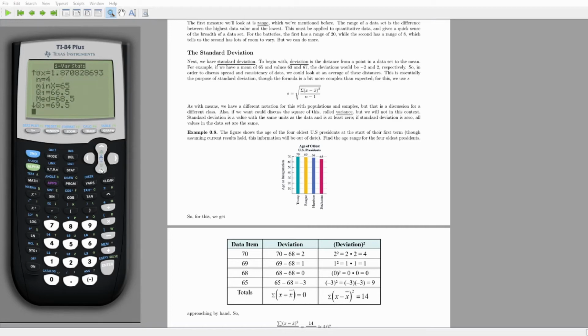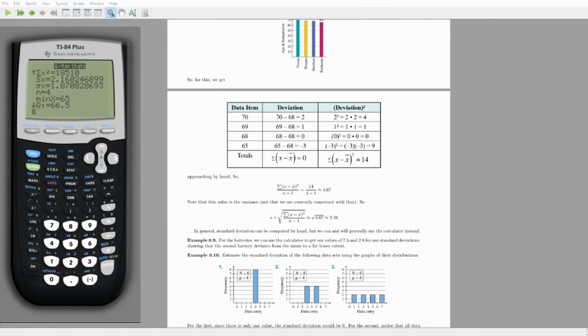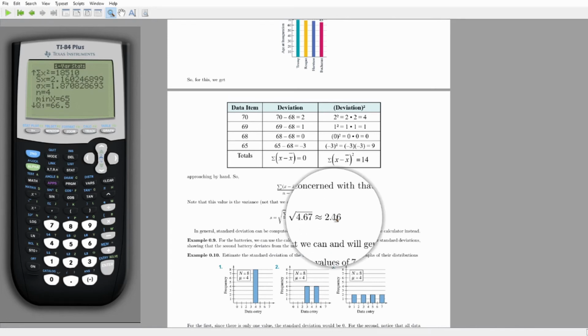If we scroll down, we get something called a 5-number summary down here. Don't worry about what that is for this class, but you can see that we get the median at the very least. Big thing we need is that value Sx, where here we get that the standard deviation, as expected,